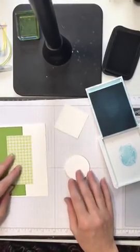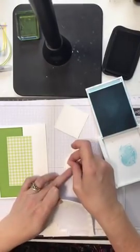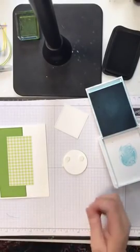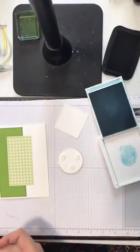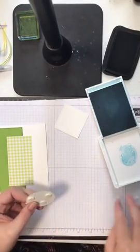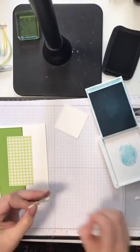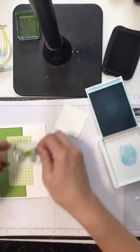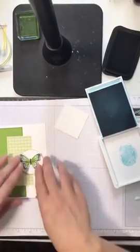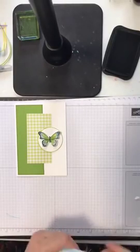Okay, so I'm going to get a couple of dimensionals because I'd like that to pop up. Dimensionals make all the difference on your projects. They can make a very ordinary card seem a lot more interesting. As soon as you add dimension, it becomes, I think, amazing. And it's an easy way to make your cards look very professional. Okay, so now we have our butterfly positioned here,